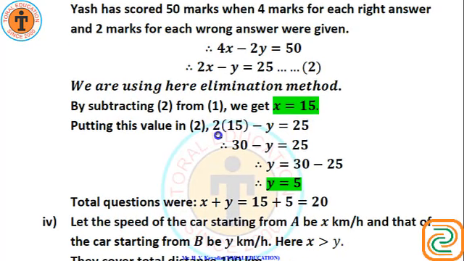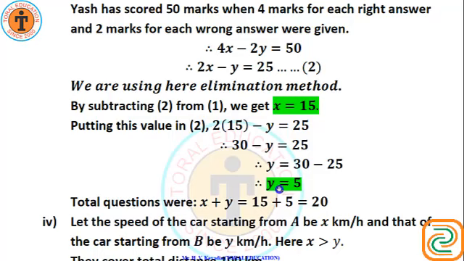Putting this value into equation number 2, x equals to 15. So 2 into 15 minus y equals to 25. 30 will go there. Sorry, 25 will be here and y will be there. So y will positive and 25 will negative. So y equals to 30 minus 25. Therefore y equals to 5. Here y has gone to right side and 25 has gone to left side. Remember,